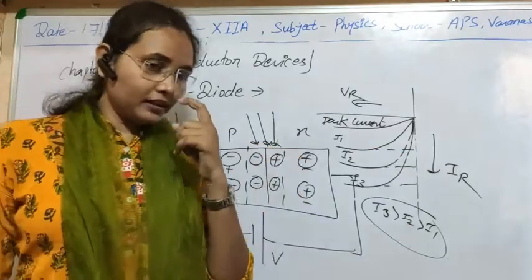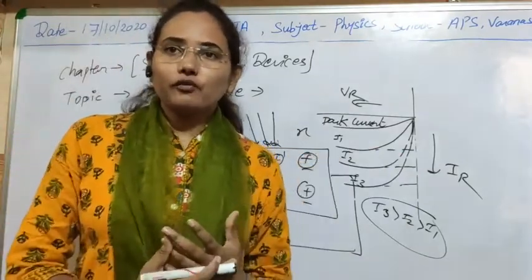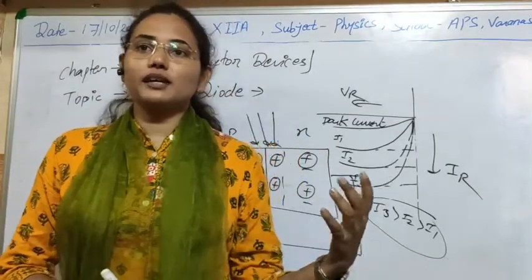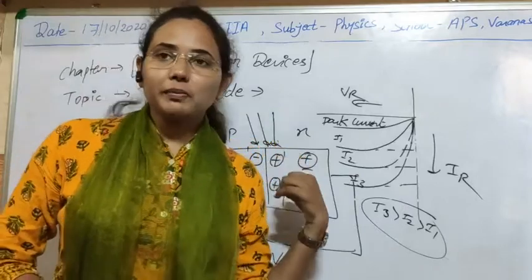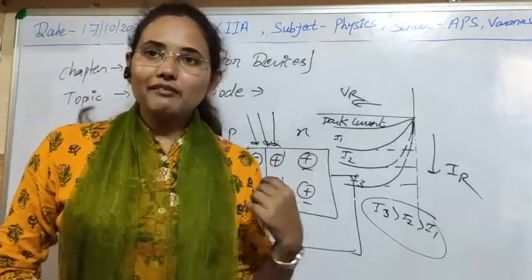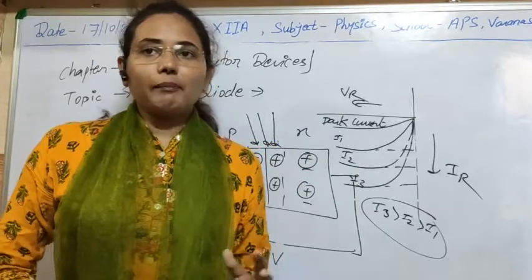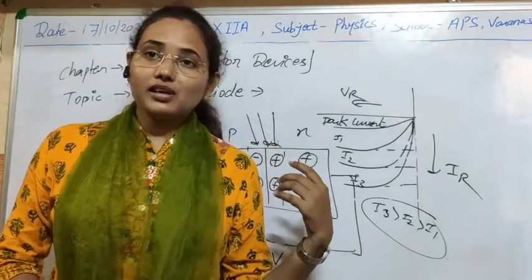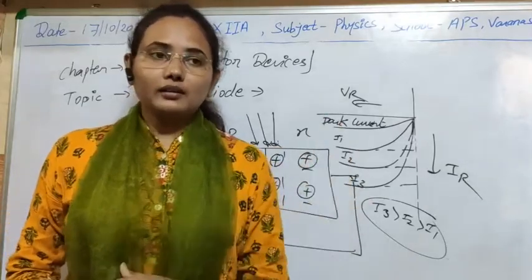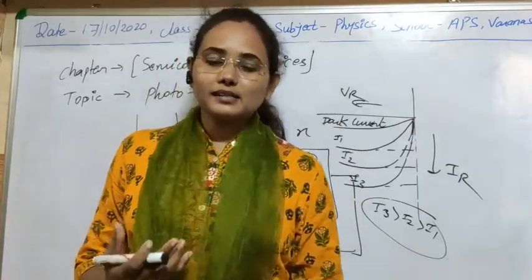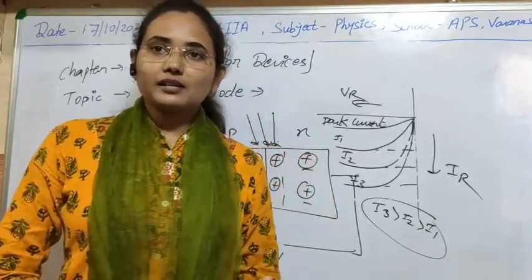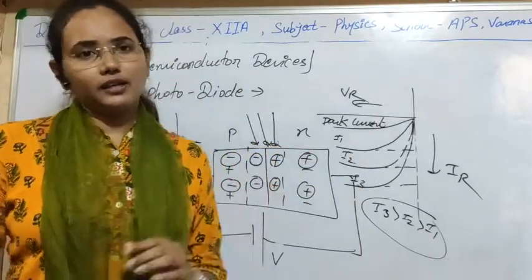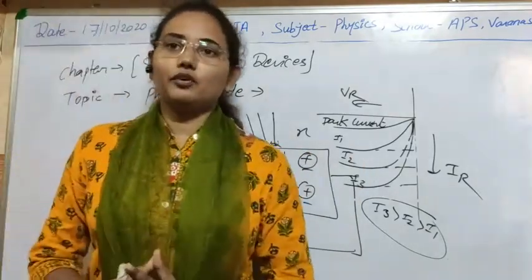As I told you, there is no difference in the process of photocells and photodiode, only the difference is in heating. In photocells there was the problem of heating, which is reduced by using the photodiode. So we can apply it in all the applications where you are using photocells, like counters, alarms, automatic doors, automatic lights, measuring the temperature of stars, and any application where photocells were used. So I think the concept of photodiode is now clear to you.